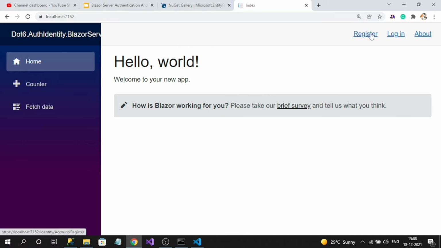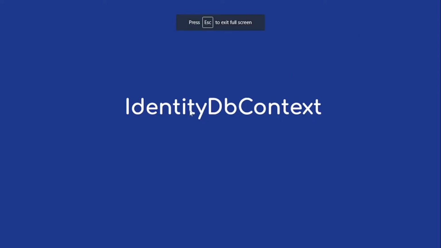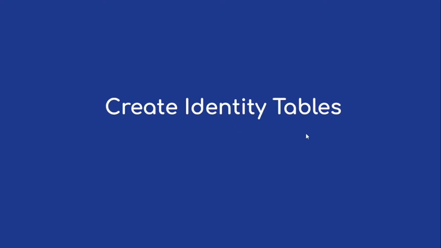I want to go into detail about a few important functionalities in this project, so let's go through them. We have understood what the identity DB context is, and we have created identity tables. The next concept we have to know is the authentication state provider. So what is the authentication state provider?